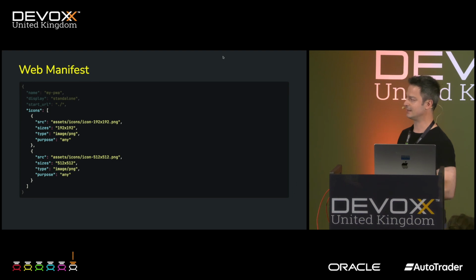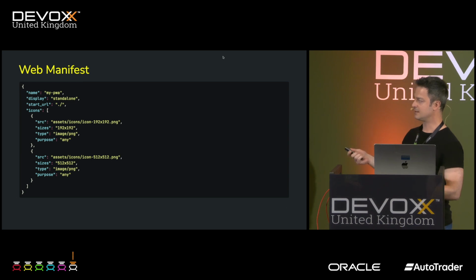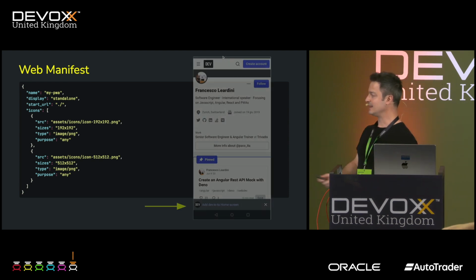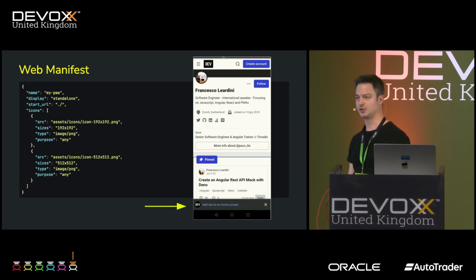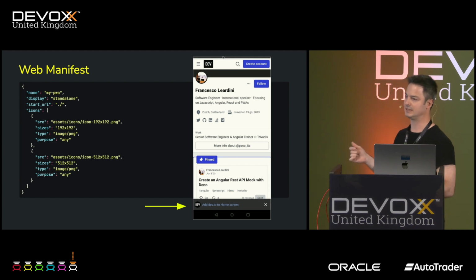And then, of course, we can set different icons that will be used to be installed on the device. There are mandatory properties, but there are many other optional ones. If these mandatory properties are correctly defined, we have a service worker up and running that we will describe shortly, and we access the application through a secure protocol, then the add to home screen banner will be displayed. This is a sort of banner provided by the browser, and if the user clicks on it, it will install, and so we will see the icon that we defined on the home screen of the device.